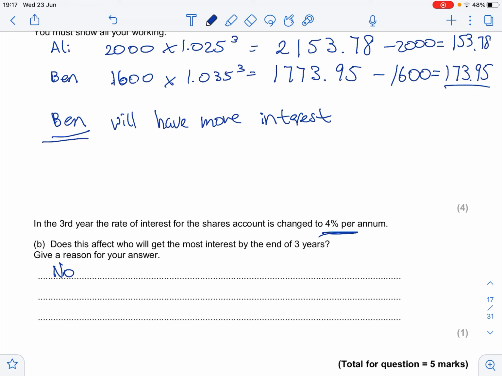So one way you could do it is just work out Ben's interest. So Ben's new interest would be 16,000 times 1.04 to the power of 3. Which is